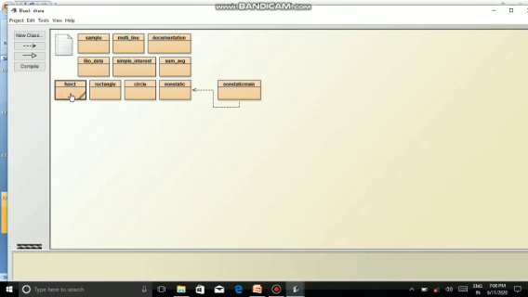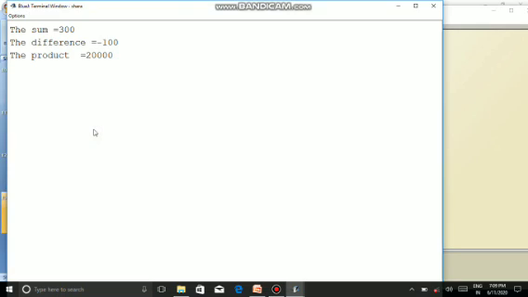Run the program, right click, and here you can see void main, void pro, void add, and void sub. If you wanted to call them separately, you can call from here. Notice that I'm not creating any object since it is a static method. You can call it directly with void main, and you can see the answers displayed for sum, difference and product since we called add, sub and pro.